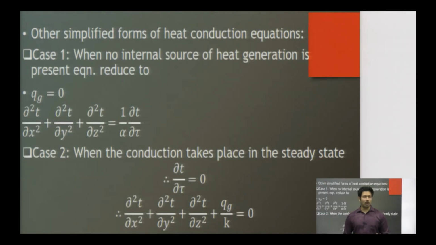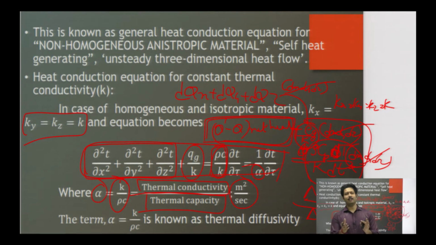So this was all about the three-dimensional heat conduction equation in xyz coordinates, also called Cartesian or rectangular coordinates. A similar approach will be used for the remaining coordinate systems, like the cylindrical coordinates as well as the spherical coordinates. First we will calculate Fourier's law of conduction for the entering heat, and then for the exiting heat, which will have that elemental heat added to the main heat, as I told you previous to this slide.